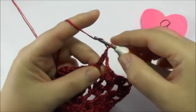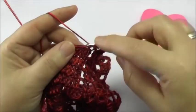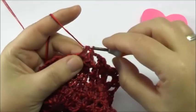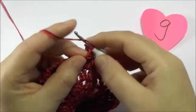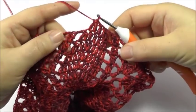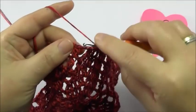Then chain 2, and onto the following 2 we crochet 2 double crochets that we cast off together. Then 1 double crochet here, and the following 2 we again cast off together. You can already see how the form of the petal tapers off here. Chain 2, and a cluster here,